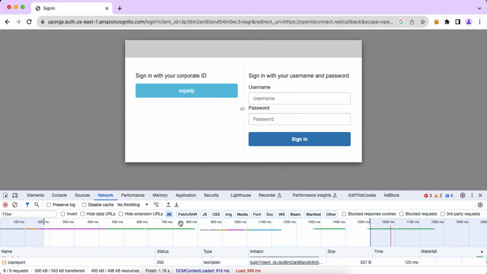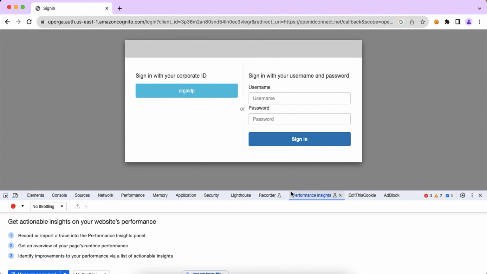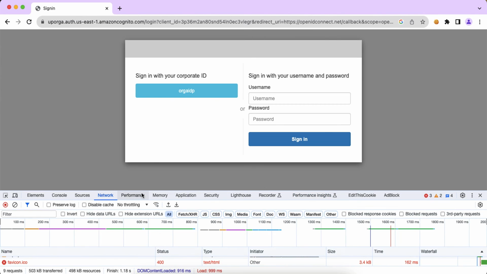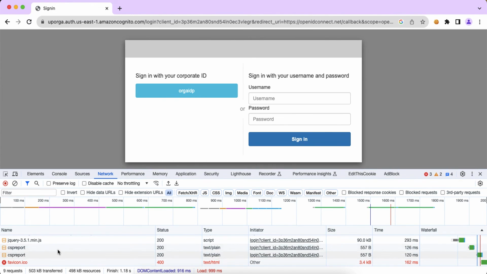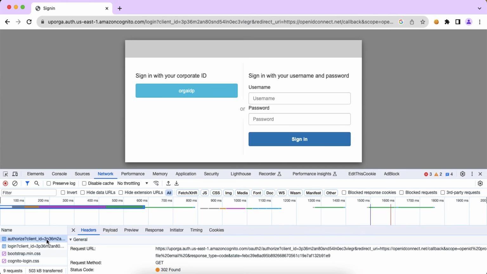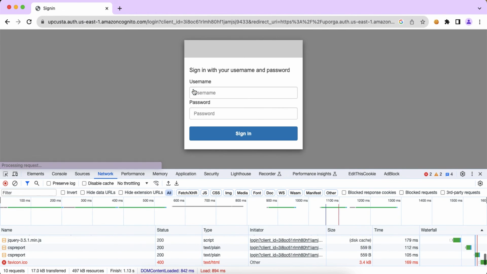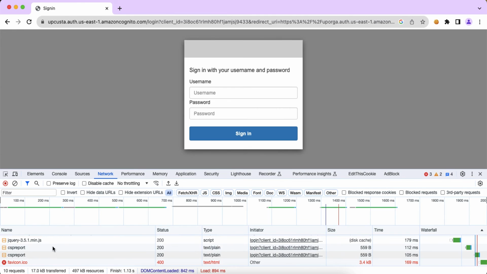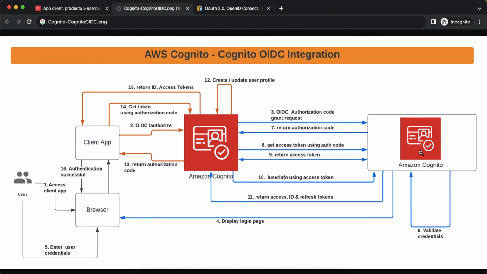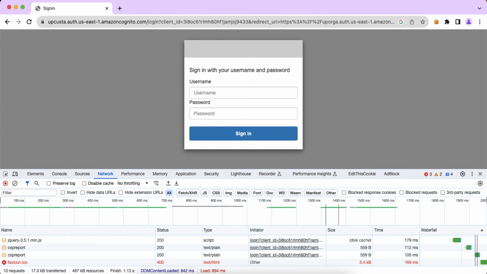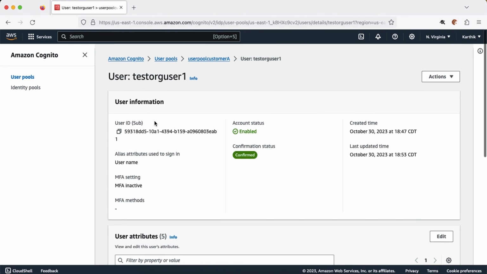There is some issue with the alignment, so I'm not able to see it. Yeah. So if you see here, it redirected to the first user pool's authorized endpoint. And now when I click this button, it will redirect me to the second user pool in this diagram, which is the customer's user pool. And now we need to enter the user which we created here in the